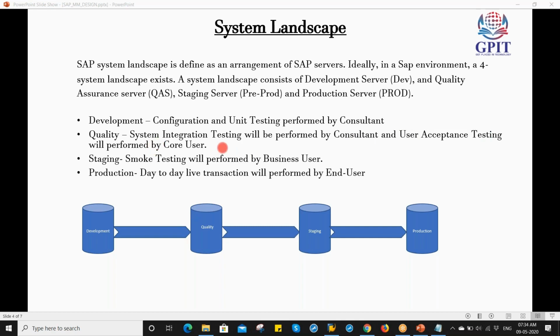सिस्टम इंटीग्रेशन टेस्टिंग, यूनिट टेस्टिंग, ये सब याद रखना, ये रियल टाइम में बहुत इंपॉर्टेंट होता है। ठीक है, स्टेजिंग, स्मोक टेस्टिंग विल परफॉर्म बाय द बिजनेस यूजर। प्रोडक्शन, डे टू डे लाइफ ट्रांजैक्शन विल परफॉर्म बाय द एंड यूजर।